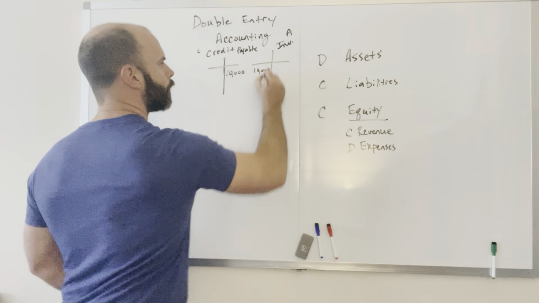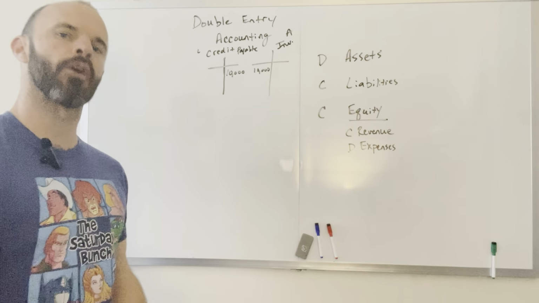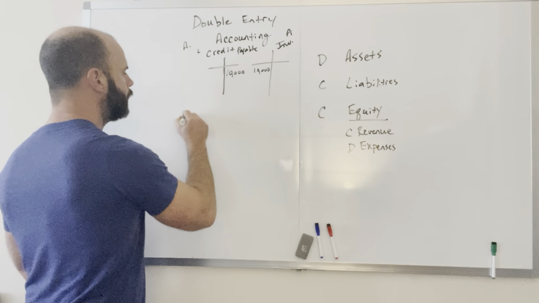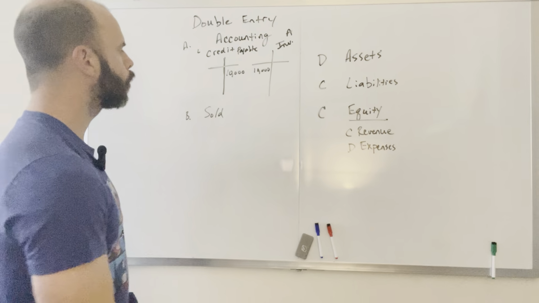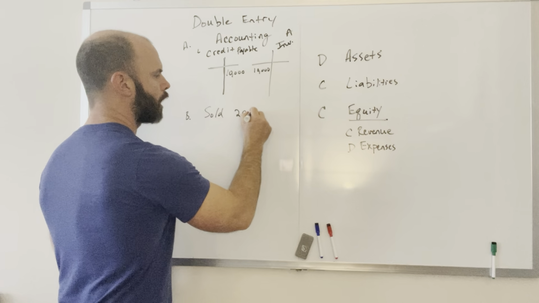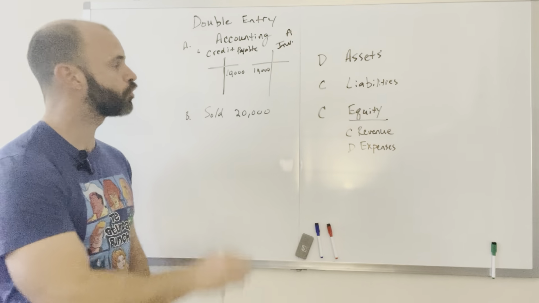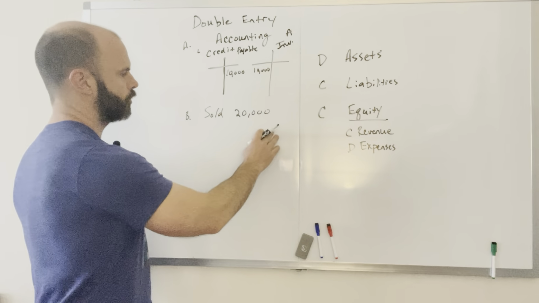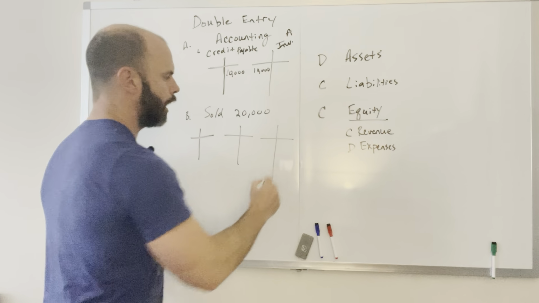That I'm going to debit for 10,000. That's awesome, okay? Well, what happens when I sell those shirts? So let's say this is A and B. Let's say I sold, I don't know, $20,000 in shirts, okay? And we're going to assume, just for the sake of ease, that I sold all my shirts. Well, if I sold all my shirts, what happens is, I'm actually now going to have 3